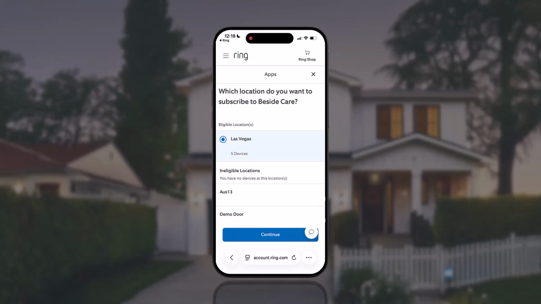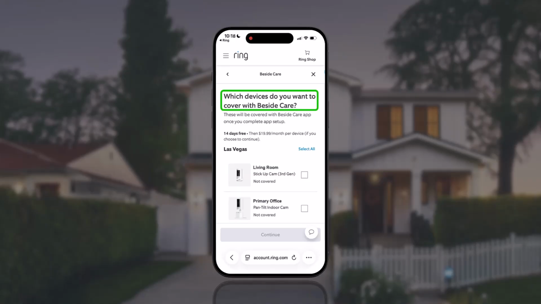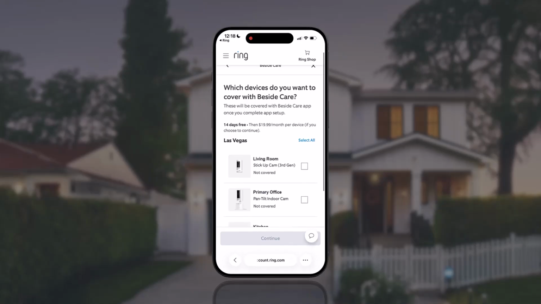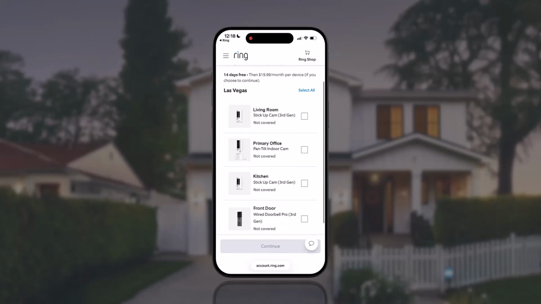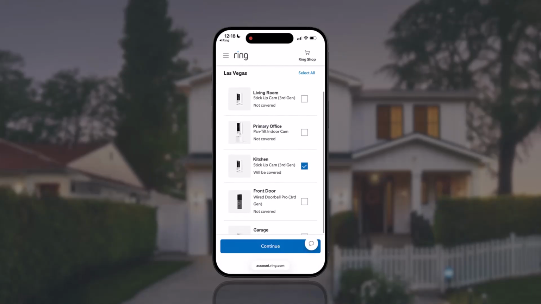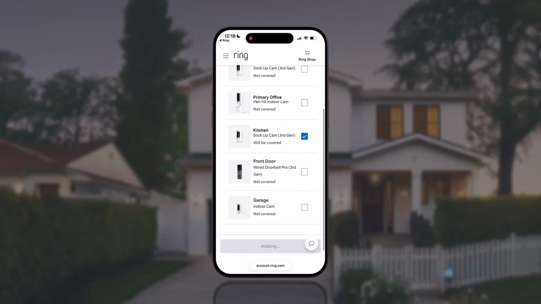After agreeing, you'll be prompted to select the property you want to register with this app. Next, you'll choose which devices you want to connect with the third-party app. Here you'll see a list of available devices at your selected property, along with the cost per device per month, so you know exactly what to expect before committing. Select the devices you'd like to include and continue to the next step. Once you've registered your location, devices, and if necessary paid, you'll want to navigate back to the Ring app and